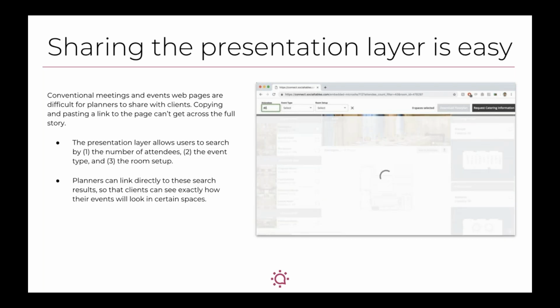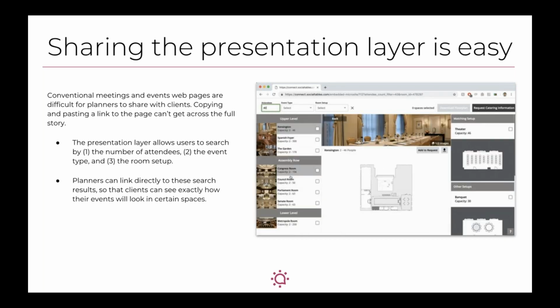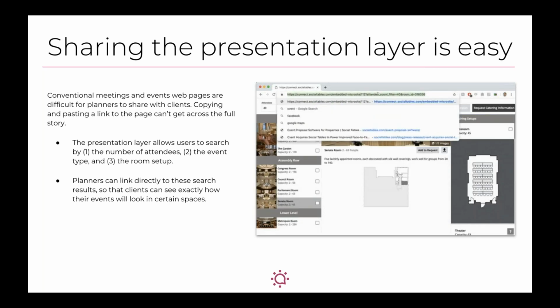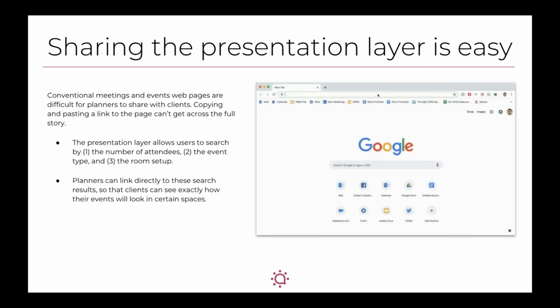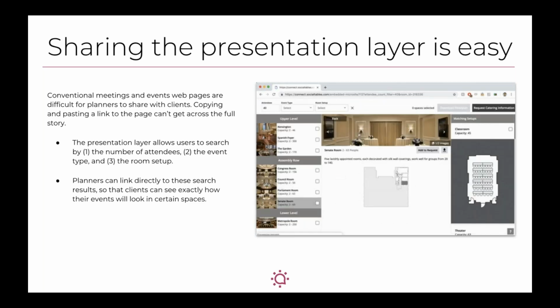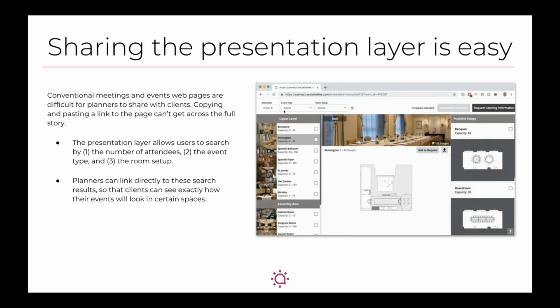So conventional meetings and event web pages are a little hard to share with the client to get them to the right place. Copy and pasting a link can't get across the full story sometimes, which is why we came up with the concept of deep linking for our presentation layer. So think of it this way. You could pre-search your space. If you know the planner in question is looking for an event for 40 or maybe 140, and you know